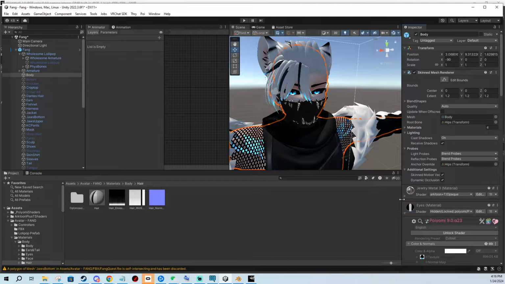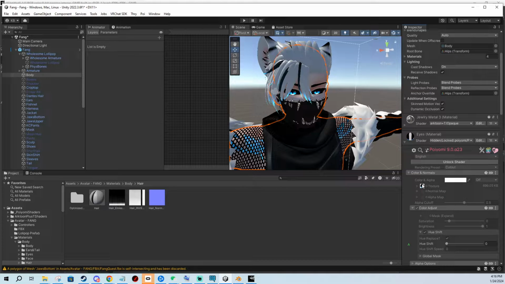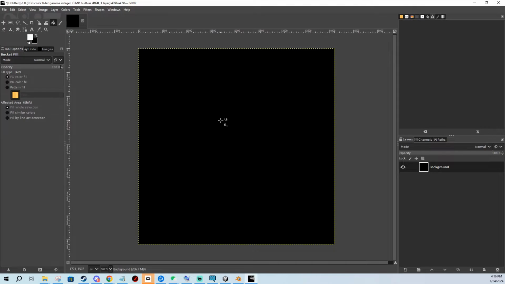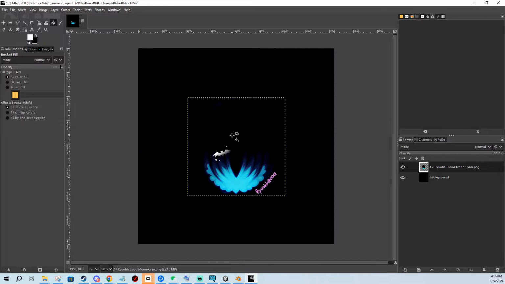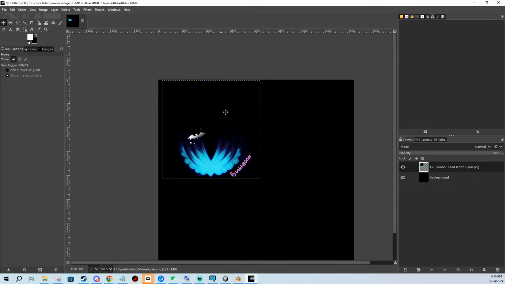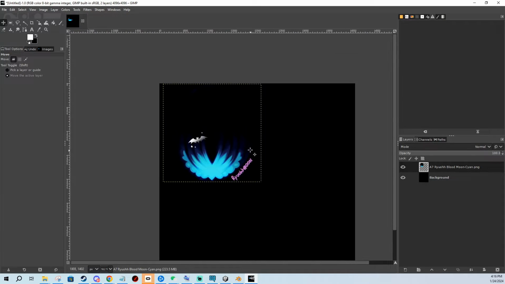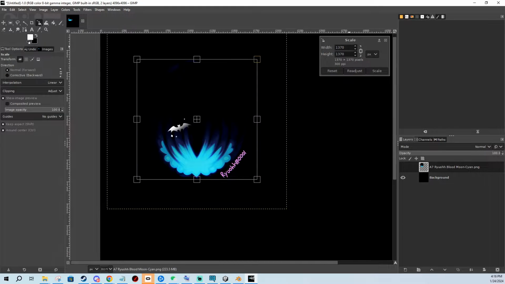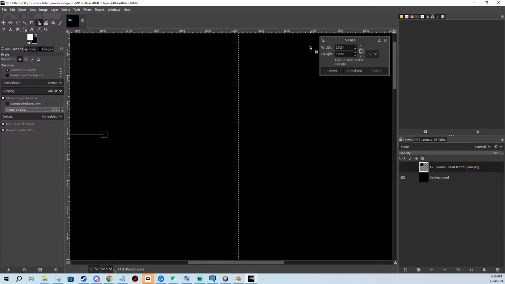Eyes, there we go. So you find your eye textures and you click and drag and put it into your file here. And we can see that this is quite large. Actually, it's a 2K texture, which is quite a lot. So I'm gonna make it 1K. I'm gonna click the resize tool and resize it to, there we go, 1K